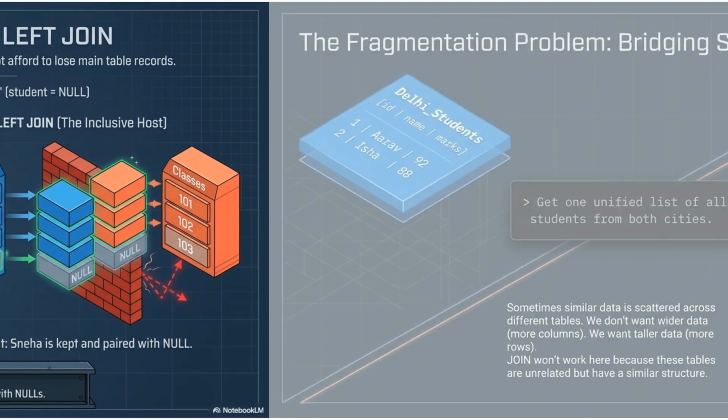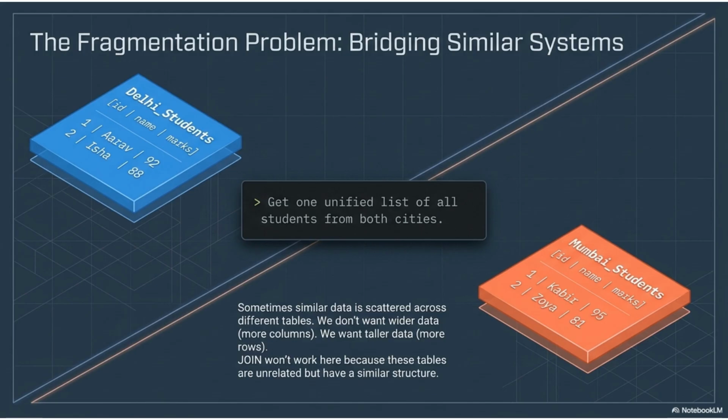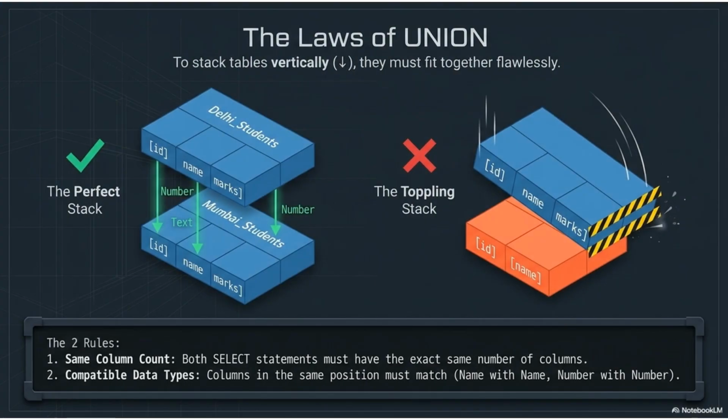in the secondary table. Sometimes, data is scattered across similar tables, and you just want a single list. This is where join fails, and the need for stacking tables becomes clear. To use union, tables must be vertically compatible. This means they must have the same number of columns, and the data types in those columns must match up